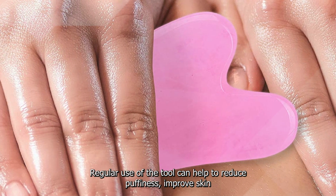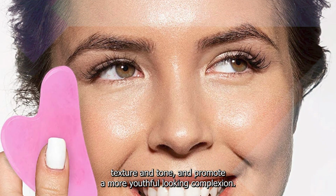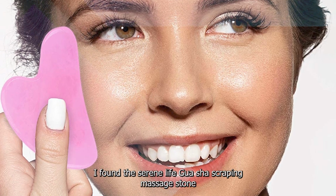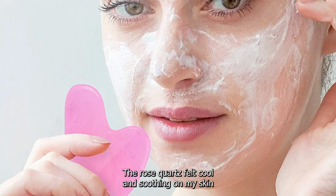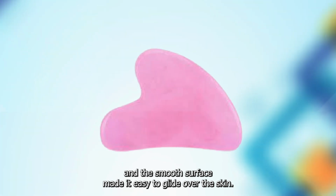Regular use of the tool can help to reduce puffiness, improve skin texture and tone, and promote a more youthful-looking complexion. I found the SereneLife Gua Sha Scraping Massage Stone to be a relaxing and effective addition to my skincare routine. The rose quartz felt cool and soothing on my skin, and the smooth surface made it easy to glide